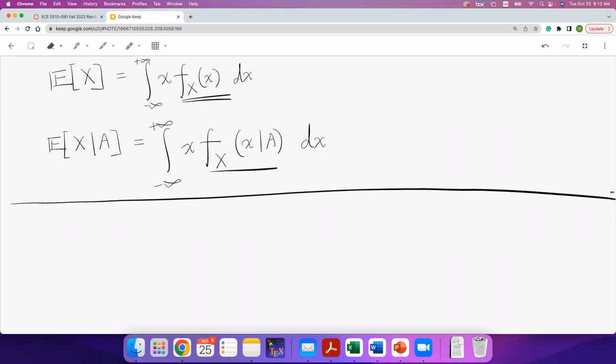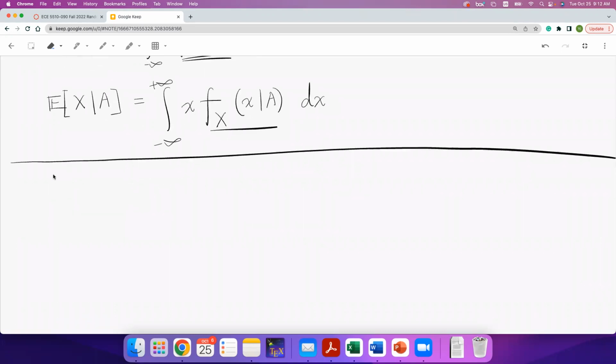And in today's lecture, we are going to talk about a very important concept called functions of random variables. We have seen similar problems on functions of random variables in the previous lectures, but here we are going to deal with these functions of random variables in a more systematic way. Okay. So basically, given a random variable x,